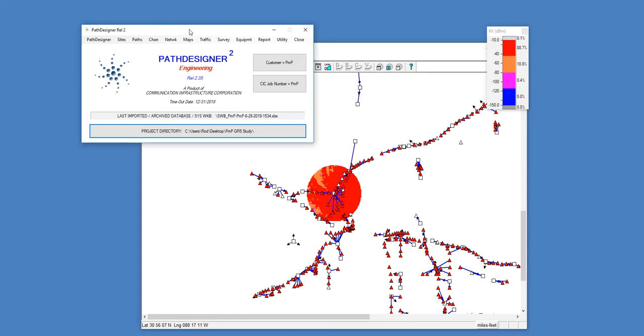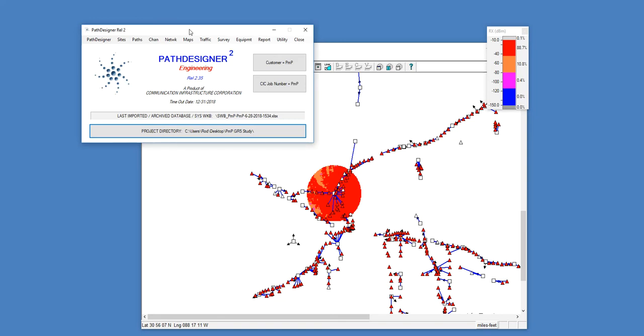You can create other types of files for other applications like ArcMap files. We have an extensive equipment database behind it, which is applied into the paths and into the BTSs. And there's a lot of specialized engineering functionality, such as traffic loading calculations, for example. There's a lot of efficiencies in how data is managed and sorted and grouped and displayed and reported. So PathDesigner gives you a centralized data location which talks to many applications, a lot of efficiencies, and a lot